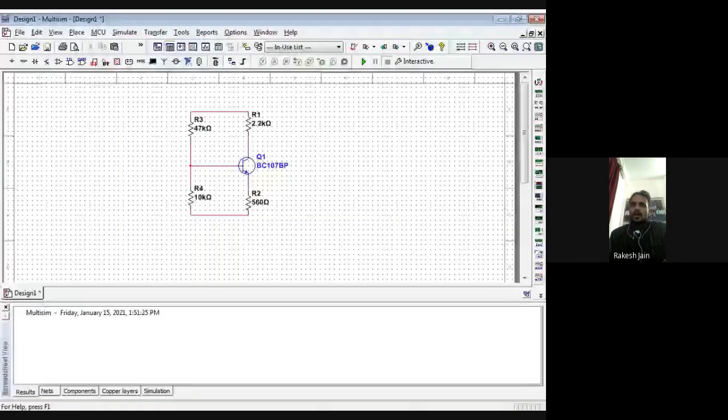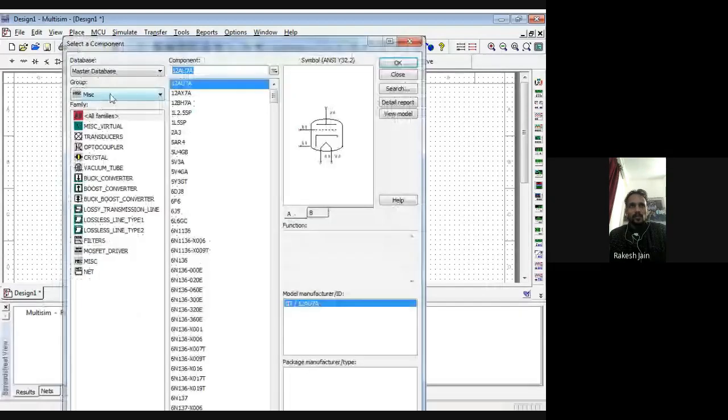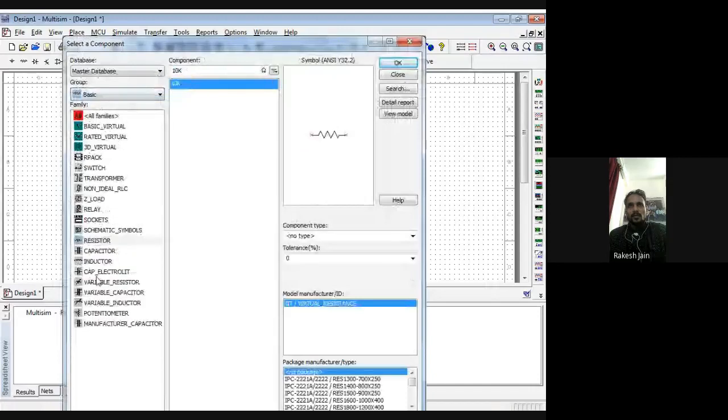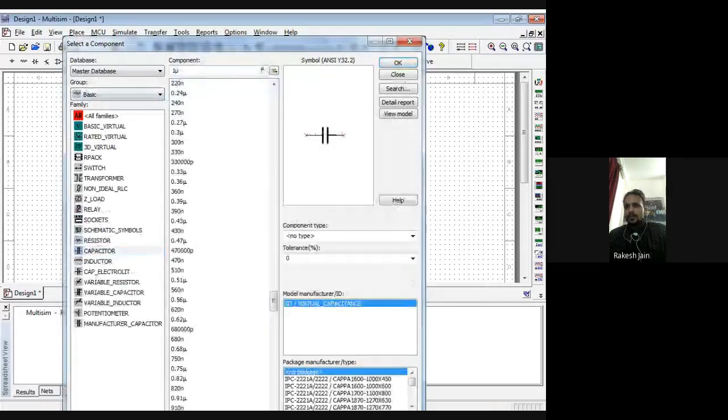And to the transistor emitter we connect a capacitor also, of 22 microfarad. Connect once again a capacitor. A non-electrolytic capacitor we require, so just go to basic and capacitor and connect 22 microfarad.